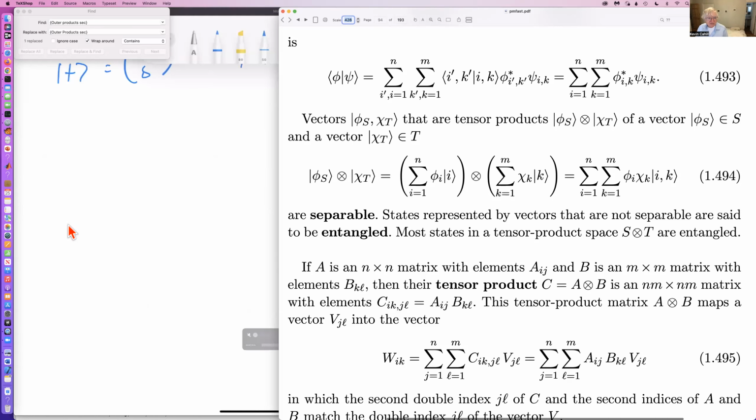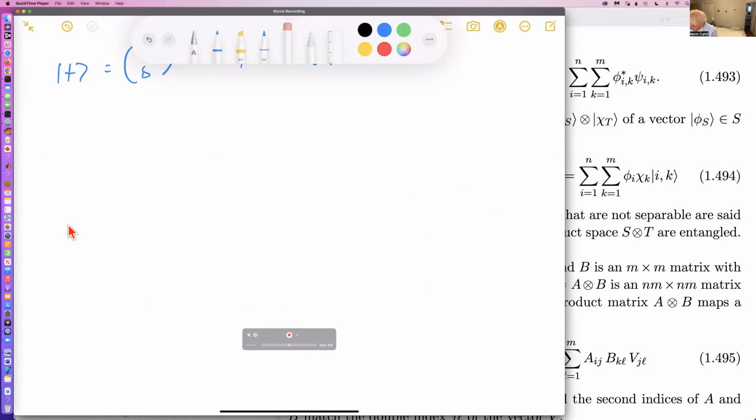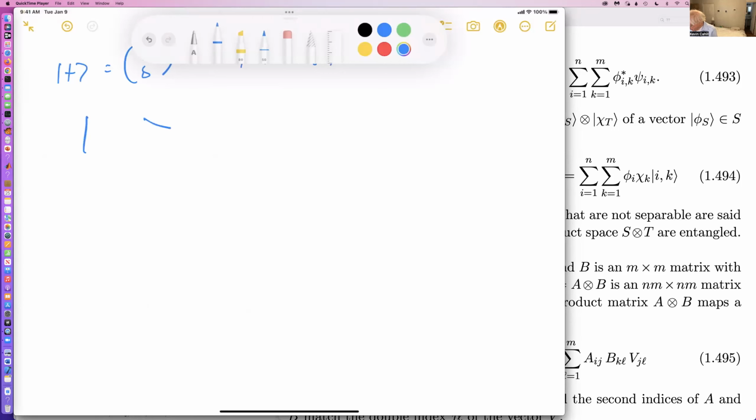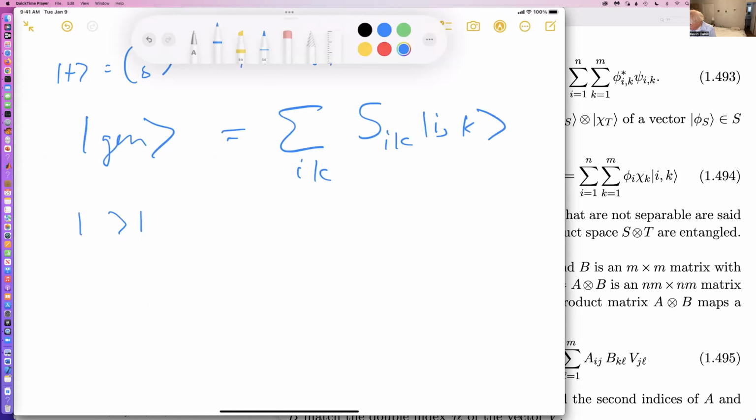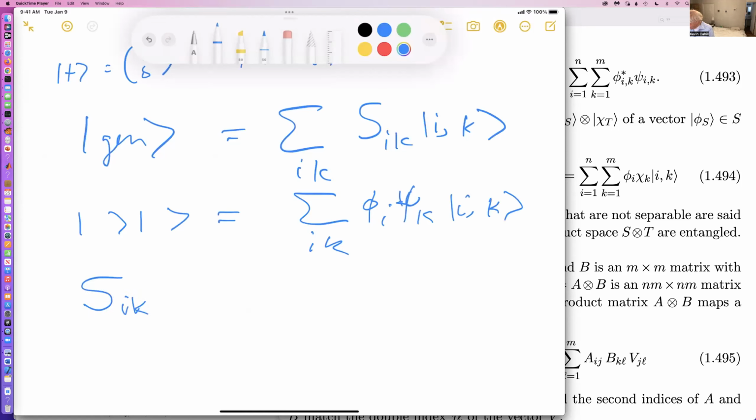So in other words, the general state here would be a sum over I and K, and I'll just call it S_IK. This is the general state. Instead, the tensor product state is a sum over IK of phi_I psi_K. And the point is that S_IK